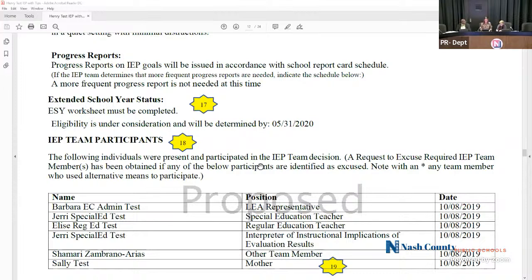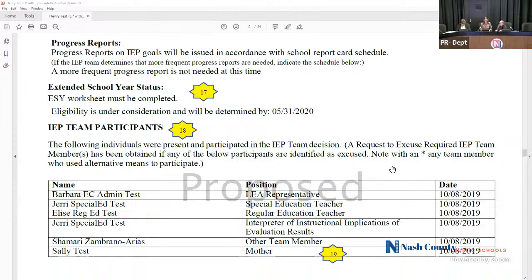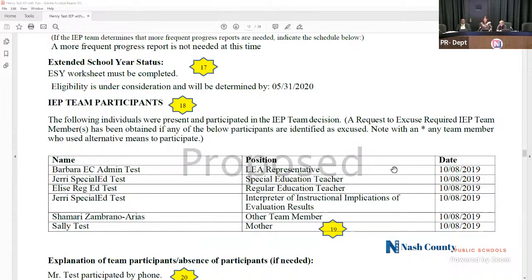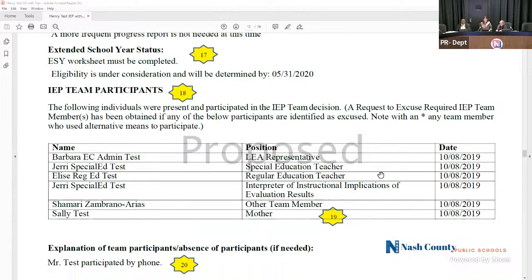And then, so basically now you're at the bottom of the IEP, and this is going to be a listing of all the people that attended the meeting. There are required IEP team members that need to be at every meeting. Whenever you're going in for a meeting with your student, you should expect to see their exceptional children's teacher. You should expect to see at least one of their general education teachers. You should expect to see